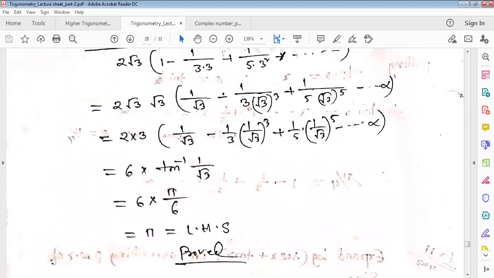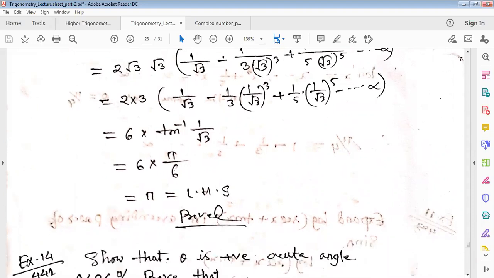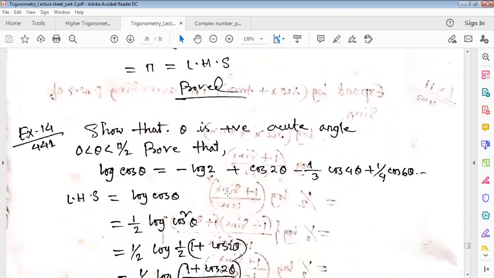Understand? Yes, sir. Tan inverse x equals x minus 1 by 3 x cube plus 1 by 5 x to the power 5, the formula from the Gregory series. Remember it. From the Gregory series, we found tan inverse x equals x minus x cube by 3 plus x to the power 5 by 5 plus and so on. The signs go minus, plus, minus, plus, up to infinity. It is never finished; nobody can calculate up to infinity. But in mathematics, it is possible to find an infinite sum. This is why we are doing research on the universe.